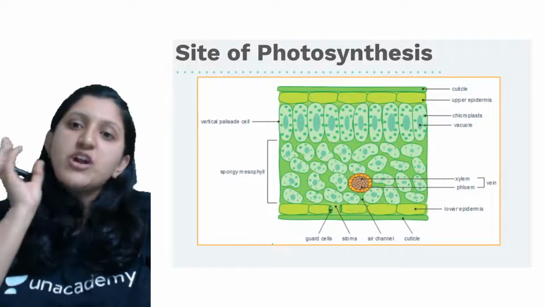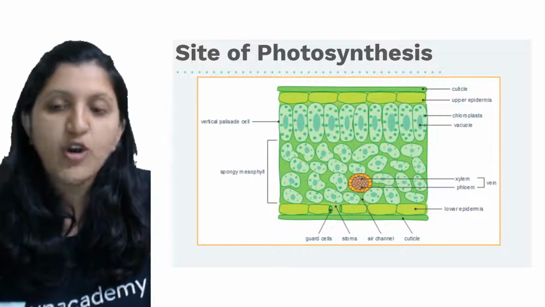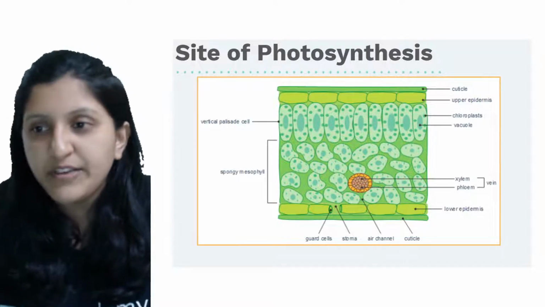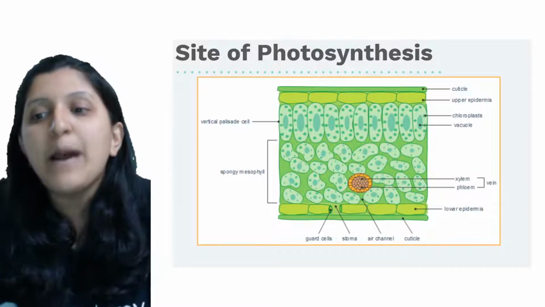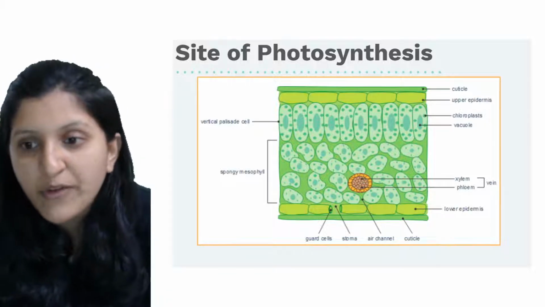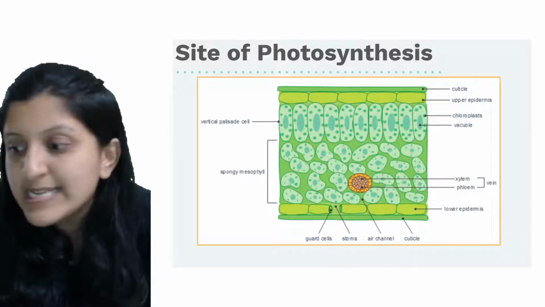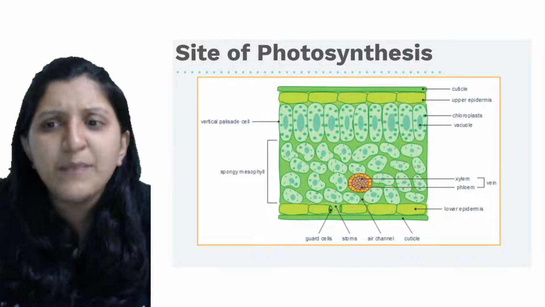Yeah, so this is the structure of the leaf. That is a transverse section, or basically a longitudinal section of the leaf, that is shown. So cuticle, upper epidermis, lower epidermis, you can find there is a guard cell, stoma formation. Then you can see spongy mesophyll, vertical palisade cells you can find. So all these are basically the